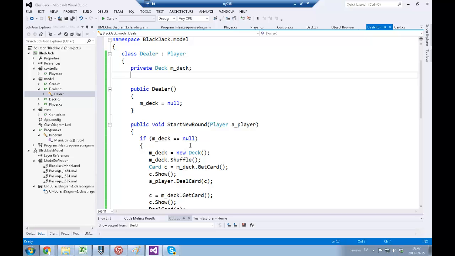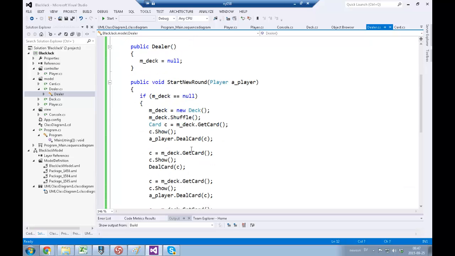But we won't delve into that really right now. So we added the inheritance, and we will be adding the rest of the requirements for hit and stand. And in my opinion, we don't really need to do sequence diagrams for this now, because we have made this start new game, and chances are that it will work kind of like in the same way. So if the player tells the dealer, I want a new card, who should handle that? Well, we need access to the deck, and we need access to the player, and we can look at our class diagram here,